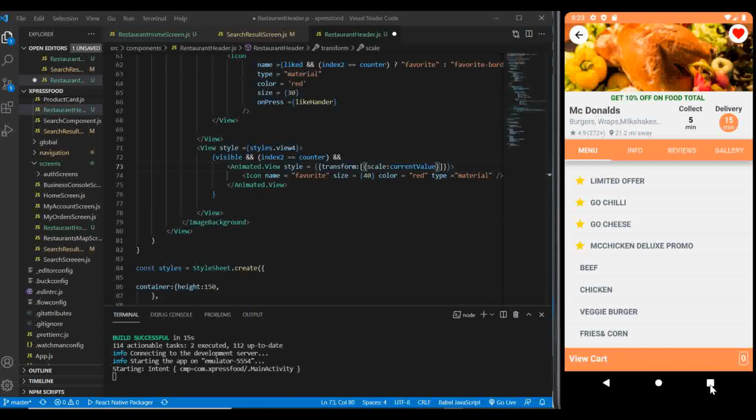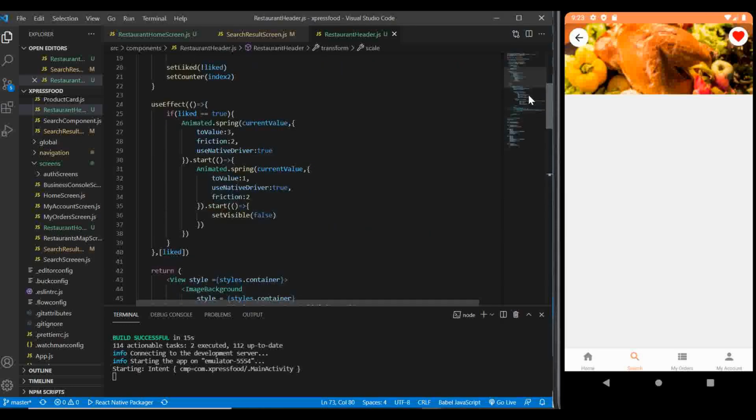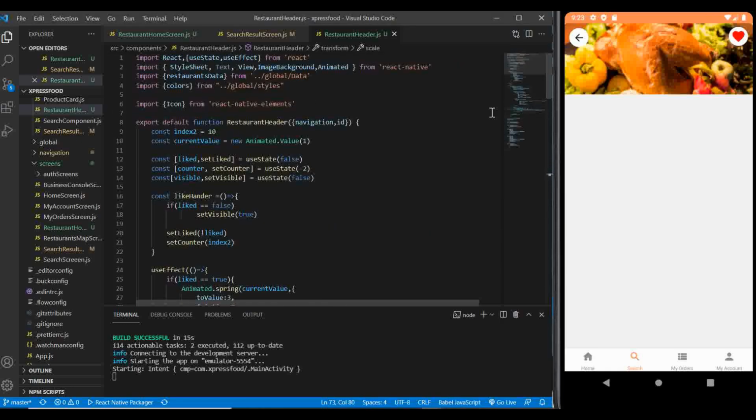Let's go to our app. I'm going to save this. Okay, right now there's nothing. If I click, you see the heart bouncing, you see it bouncing back small and finally going. Awesome, well done. You have created your first animation,